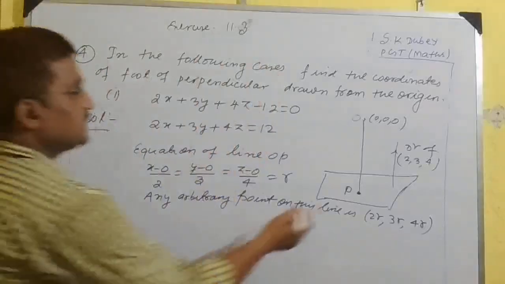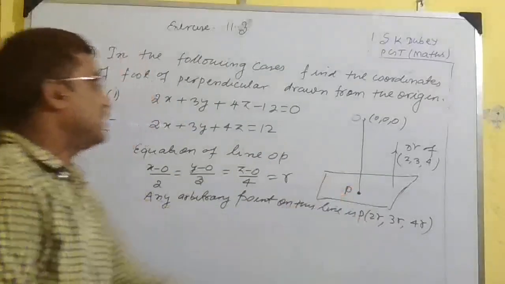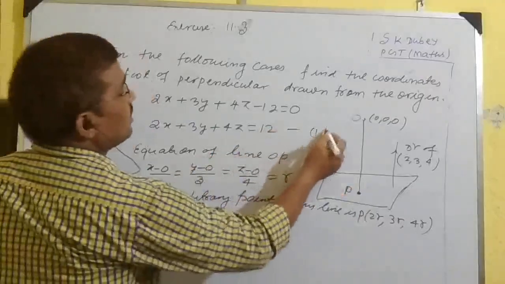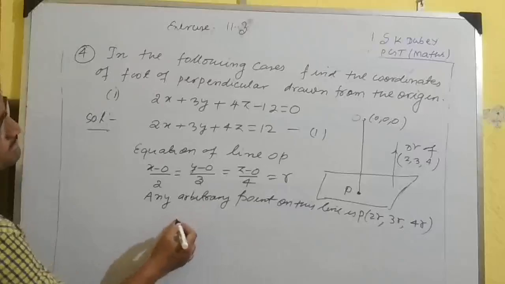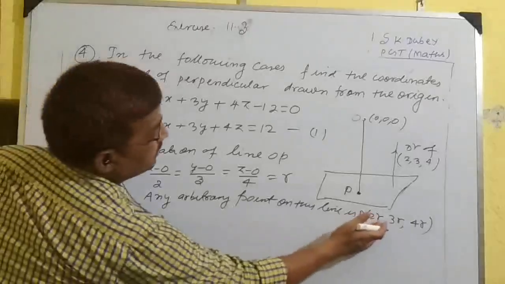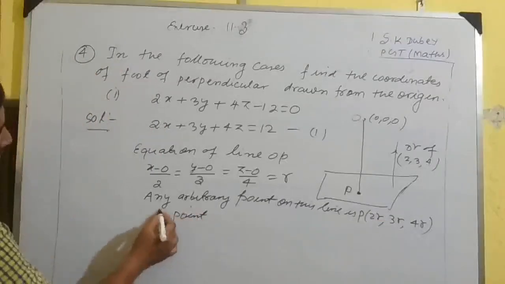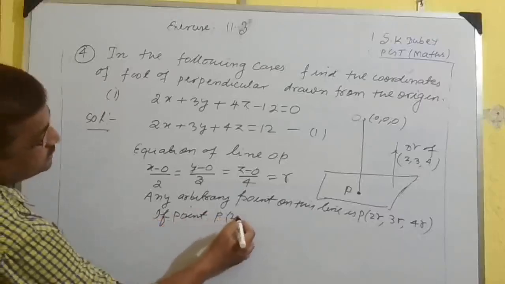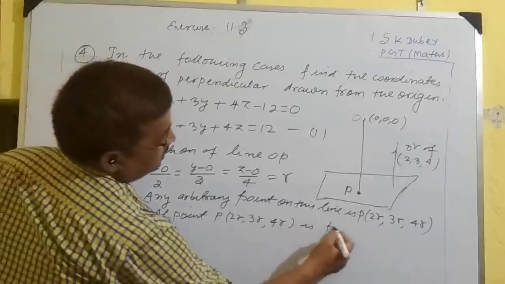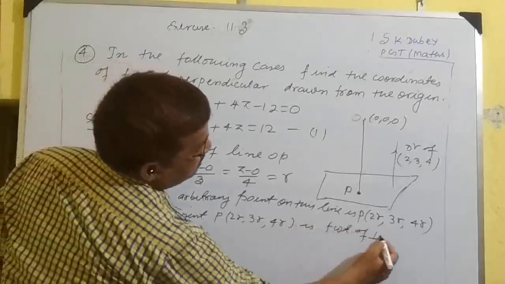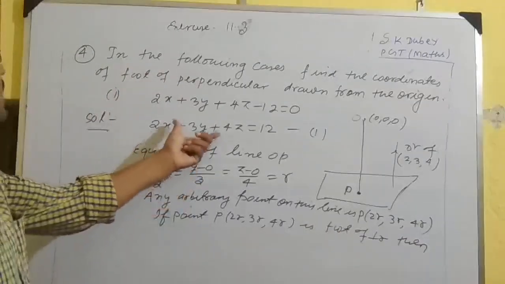Let us suppose that this arbitrary point is nothing but P. Then P will lie on the plane. If point P, which is 2r, 3r, 4r, is the foot of perpendicular, then this point will lie on this plane,